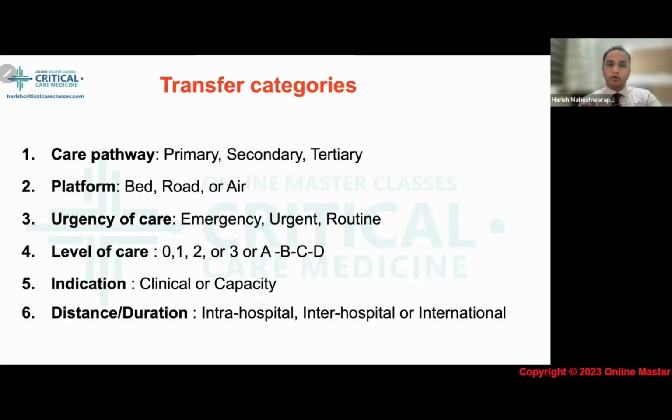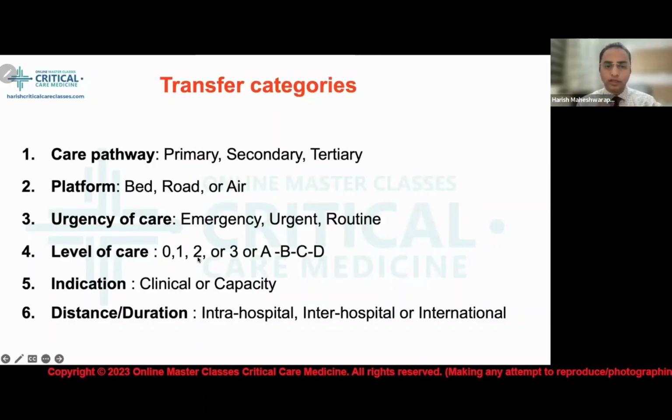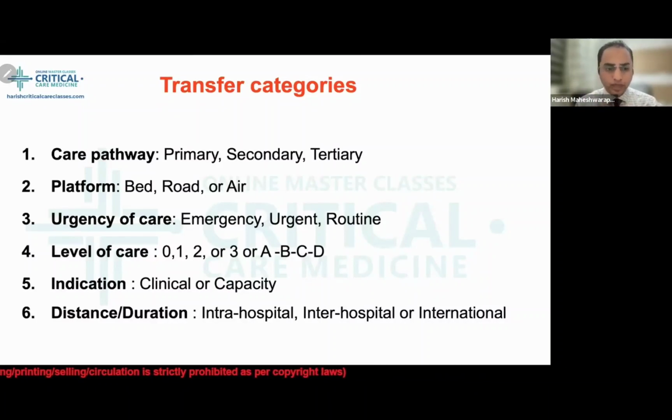Biopsy is required. So that is the routine transfer category of the patient. Then the level of care: we can have 0, 1, 2 or 3, or A, B, C, D, depending upon the add-on, some sort of intervention we are going to do when we transfer the patient. Then the indication, whether it is a clinical indication or a capacity indication, in terms of the additional infrastructural need for that